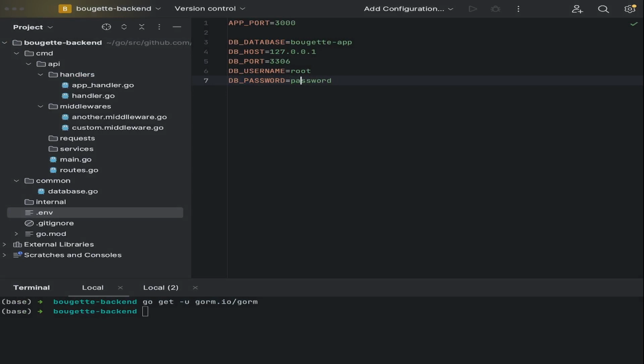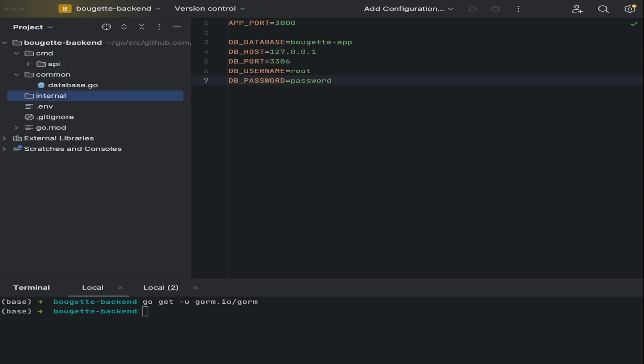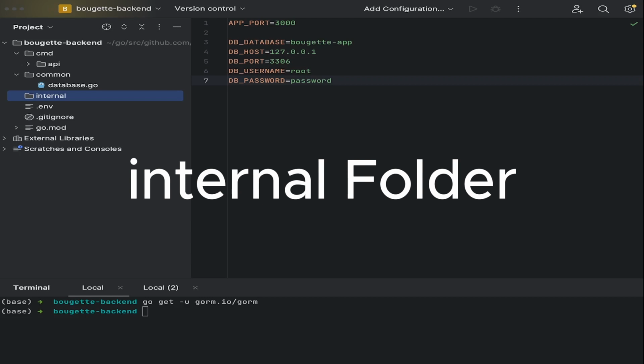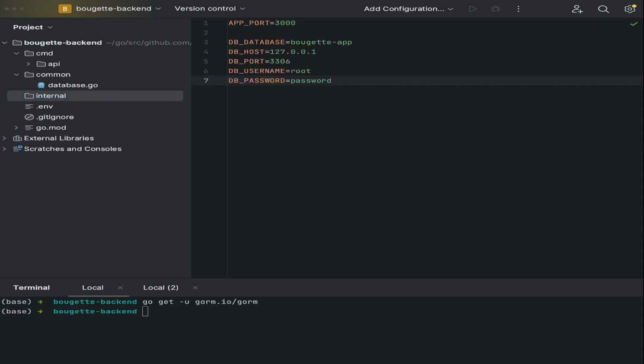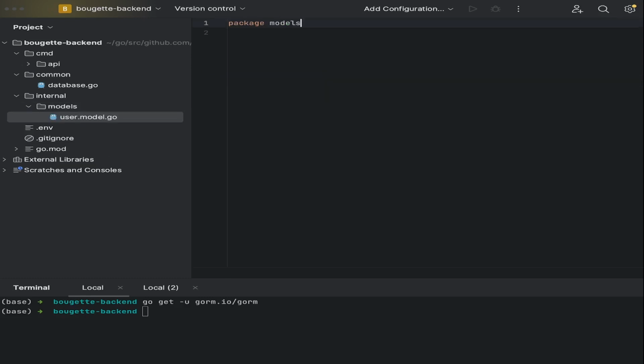To start with, I'm going to create, inside our internal folder, a folder called models. If you don't have an internal folder created already, I want you to create it. And inside our models, the first model we'll be creating is the user model itself. So I will just call it user.model, just for us to be able to differentiate it. So in our user model, in order to declare a model in GORM,